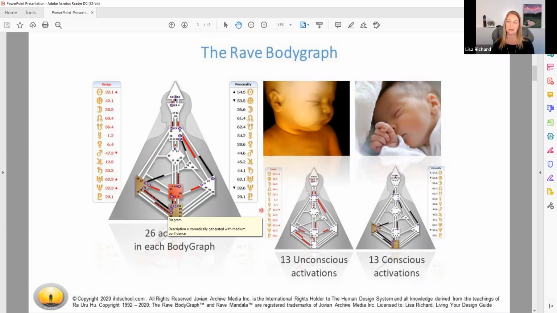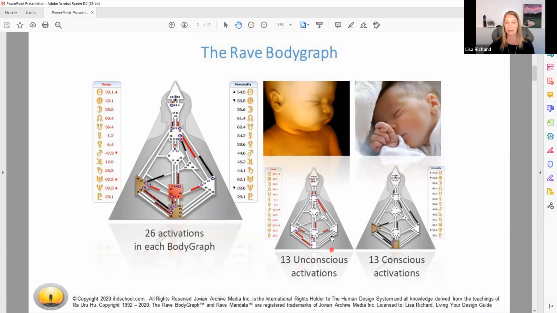These are things about yourself that you will likely recognize. As we go through each one of the 9 centers today, you're going to hear things and feel like, oh yeah, I kind of resonate with that within myself. Those are things that I'm aware of, I'm conscious of them.